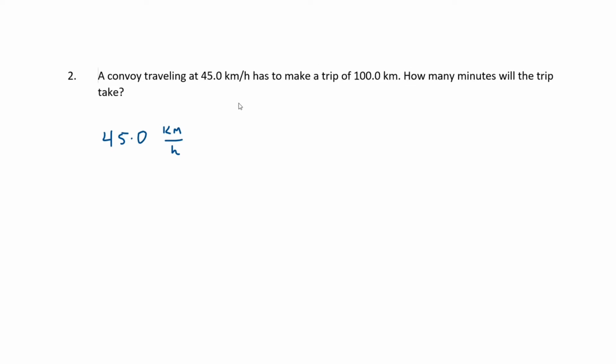So we want to get it into time. That means that we have to get hours or minutes on top. So instead of that, let's say 100.0 kilometers times, and we want to make sure that we have the kilometers on the bottom so that it divides out. So 1 over